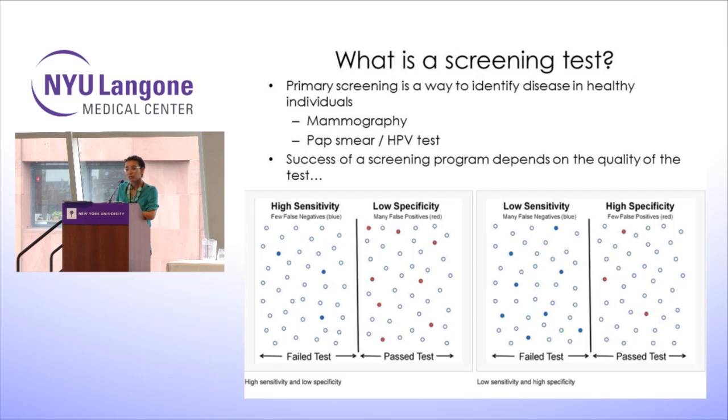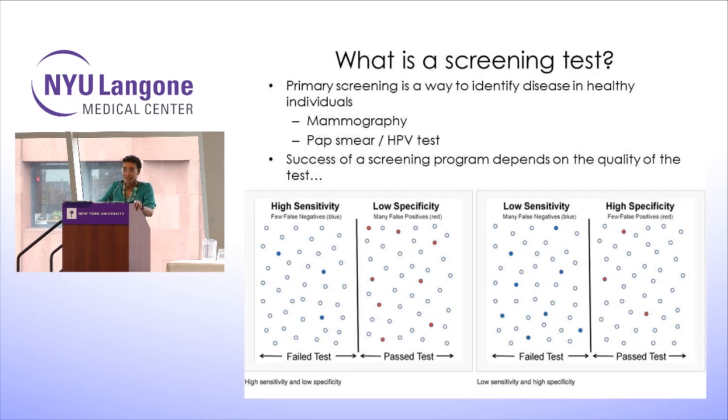And the success of a screening test really depends on its accuracy and also on where you set your boundaries, right? So you all may know that CA125 test, generally speaking, the normal level varies, but is usually somewhere between 25 and 35. Now, if I set normal to 4, well, then it's true that I'm never going to have somebody whose ovarian cancer I cannot detect, right? Everyone's going to have an elevated CA125, but there's going to be an awful lot of false positives.